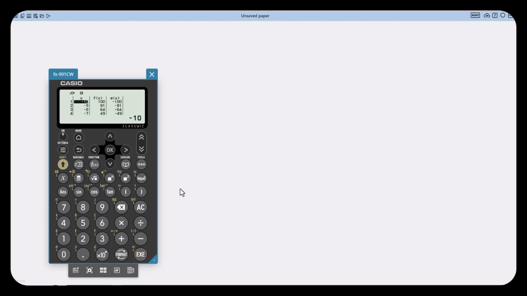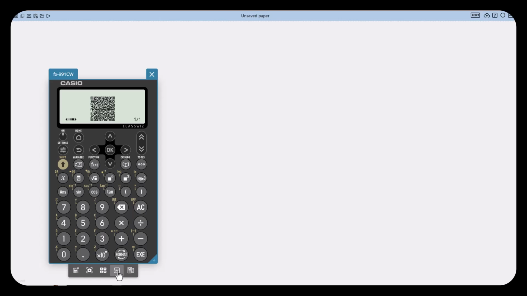Now, once I have it, the great thing about this scientific calculator is you get dynamic graphing capabilities by using the QR code. If you have the handheld calculator, it looks just like this. All the steps are the same. The difference is you are going to hit Shift and then the X variable, and you're going to get this QR code. You're going to use your mobile device to access the dynamic environment. Since I'm already in the dynamic environment, all I have to do is hit this sticky right here.